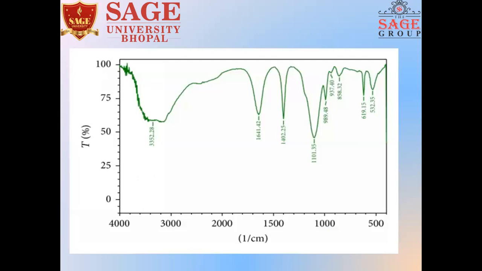So this is actually what the graph looks like. On the x-axis, we denote the wavelength of light: 4,000, 3,000, 2,000, 1,500. We will see the absorbance. And on the y-axis, sorry, this is the frequency which gets absorbed by the molecules. These are the peaks which show the absorption, emission, or transmission band, by which we can detect which functional group is present in the compound.